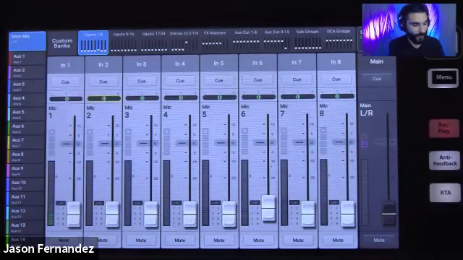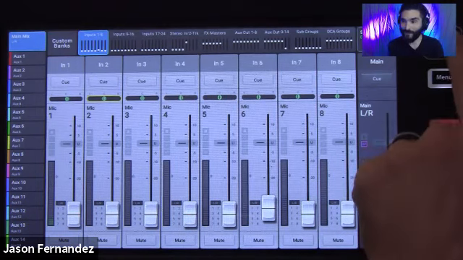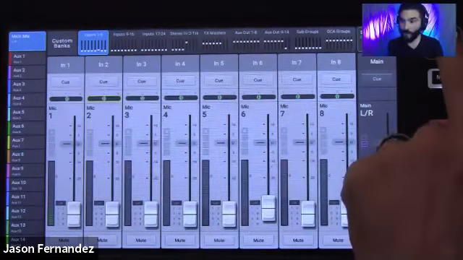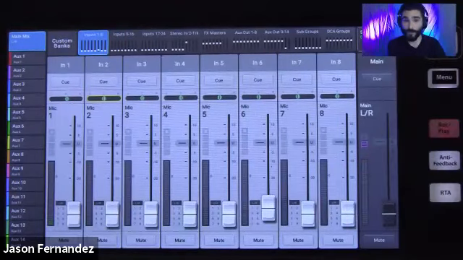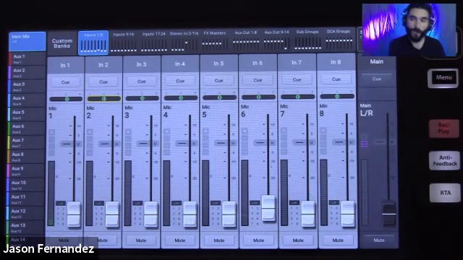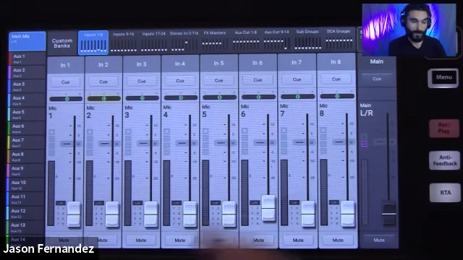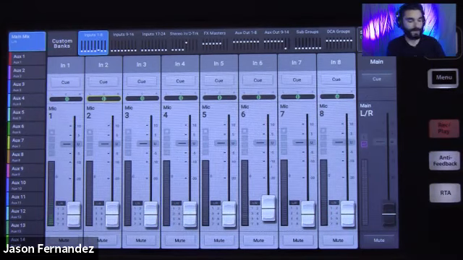Okay, the other really important navigation tool that we want to be aware of is the home button, which I just covered with my face here. But there is a home button right here on the mixer. If you do have your mixer in front of you and you're looking at it, that should be very obvious. It's your home button, and this button is always going to get you to your main mix. So if you need to get to your faders and be mixing on your faders, your home button does that.